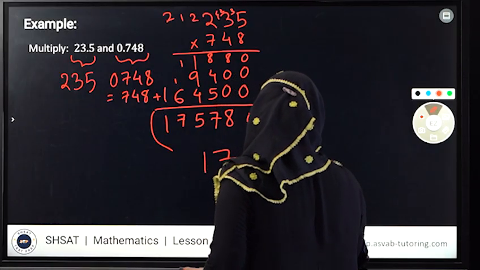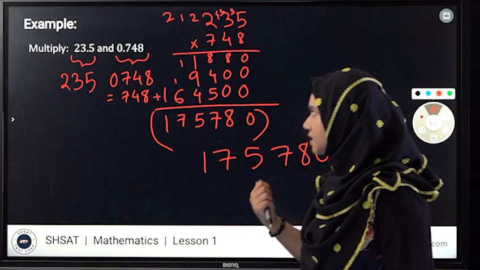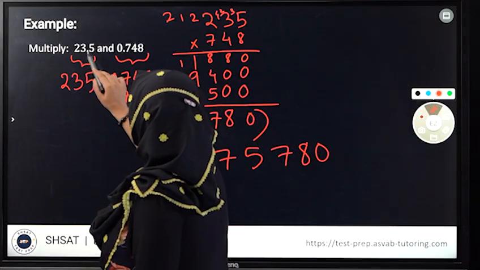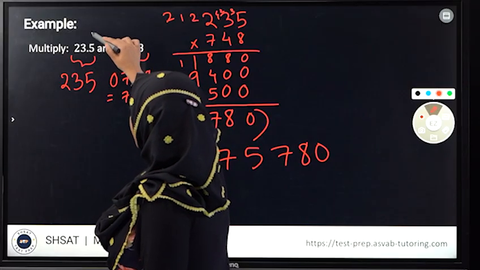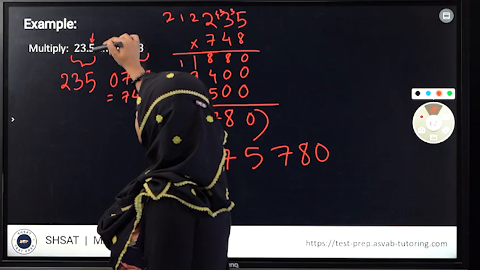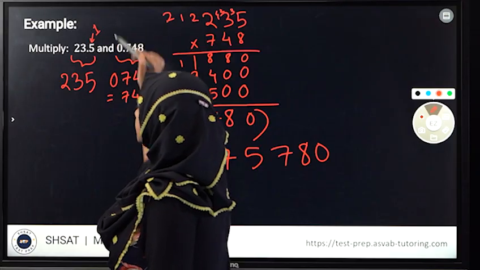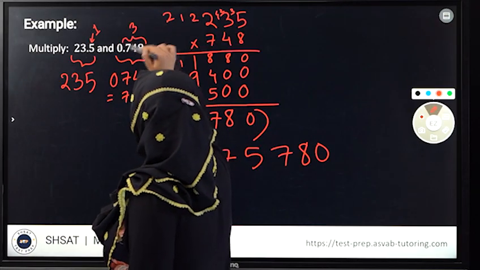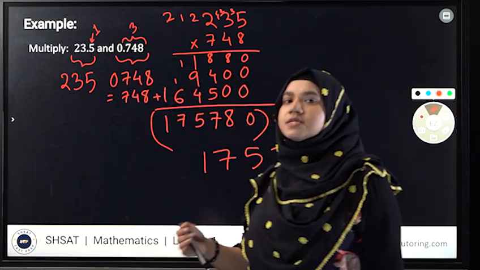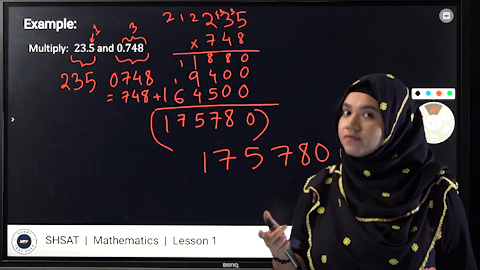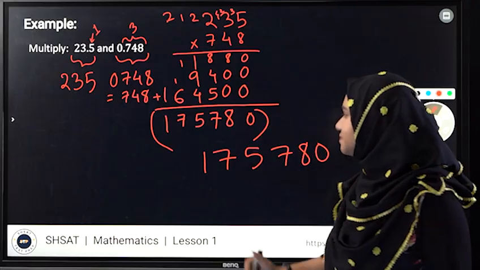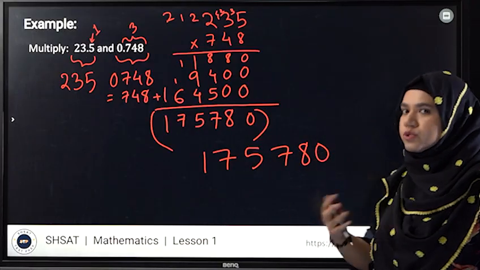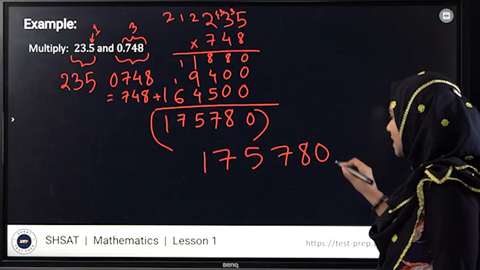answer, by the way. So if we do want to figure out the final answer, what we need to see here is right next to the first number, there's how many digits? Right next to the first decimal, there's 1 digit next to the decimal. And here we have 3 digits next to this decimal, right? So in total, how many numbers do we have next to the decimal? 4, right? So what we do now here is we are supposed to assume that there is an invisible decimal